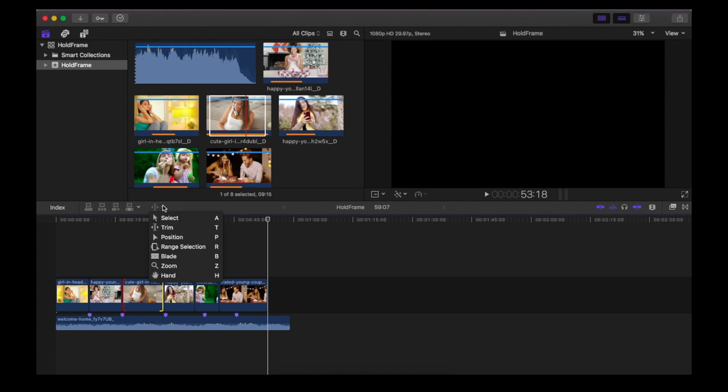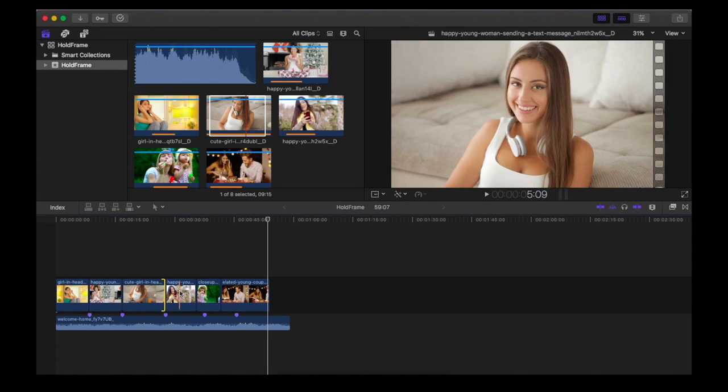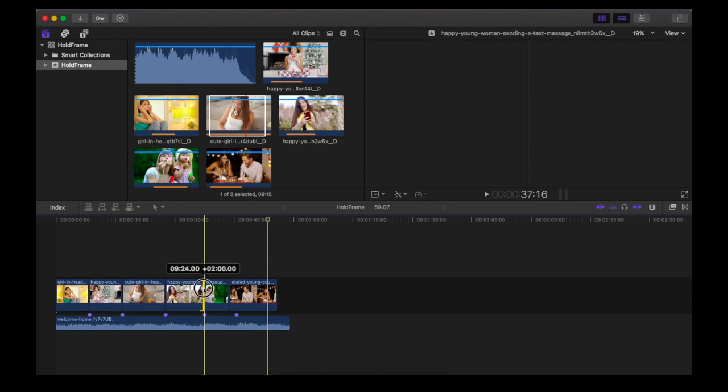Now enable select mode and align the video clip to the marker. Let's align the remaining clips.